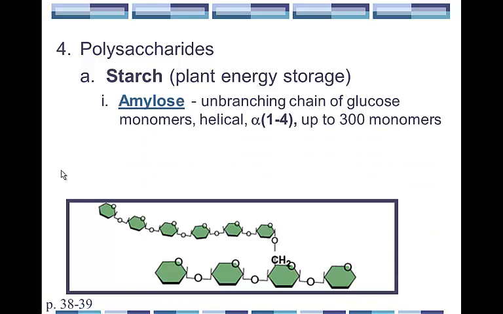Two different types of starches. Amylose is one type of starch, and there's this description here that again seems a little challenging, but what I want to show you is there are different kinds of starches. Amylose is an unbranching chain of glucose. It's purely glucose connected together with glycosidic linkages, one after another after another. It does form this helical pattern. I'll show you what that looks like in just a moment. All of the bonds are alpha-1,4 bonds, one after another, and an amylose starch molecule might be up to 300